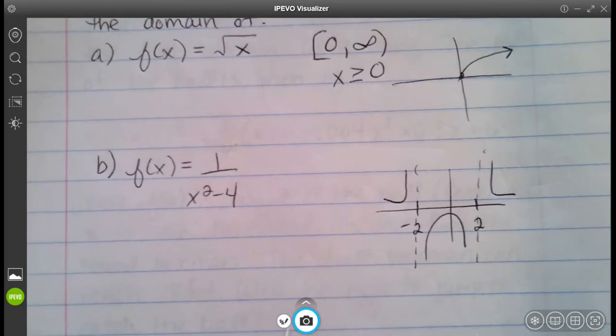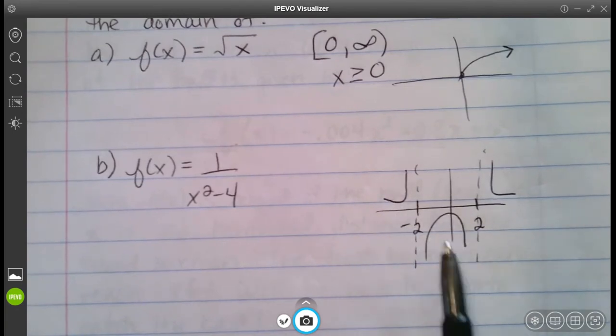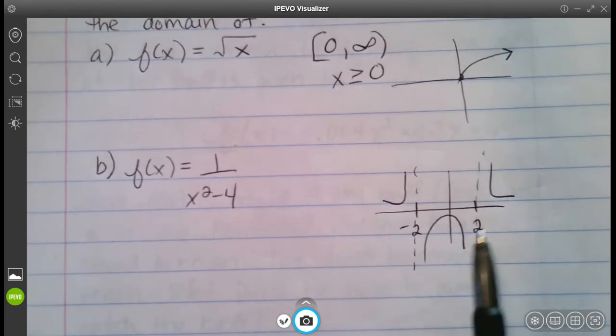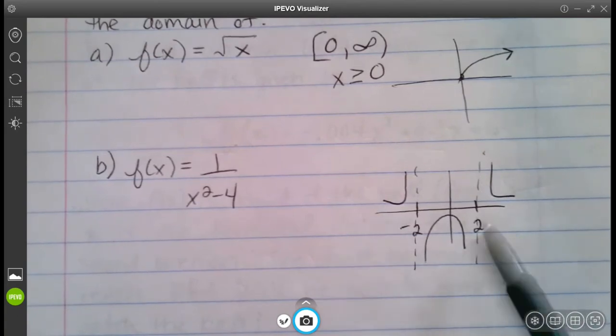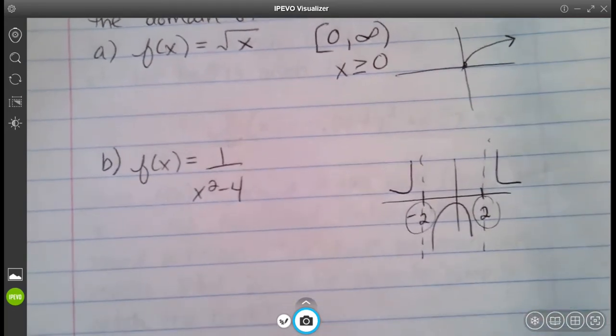So the domain for this one is actually going to be in 3 different pieces. We're going to have everything on this side, everything in the middle, and everything over here. If we didn't want to write all that, another way we could do this is we can say it's all real numbers, so it's everything except for -2 and 2. So let's go ahead and do it